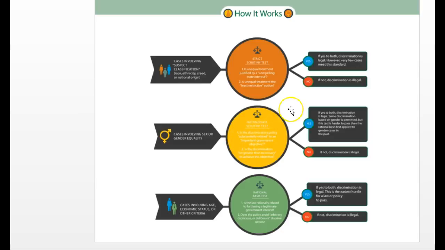Now, it's a slightly harder test to pass, and you can think of one of the main areas in which this kind of classification had been justified was treatment by the military. So for many years, of course, women could not serve in combat positions. That's lifting now. It's not lifting because the court forced the military branches to reverse that policy. It's because that's a policy that's being changed, that's been driven by the military itself.